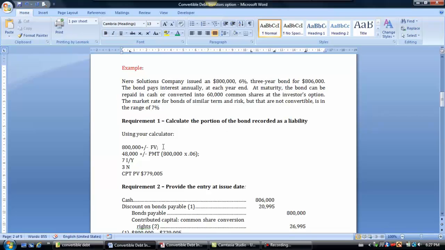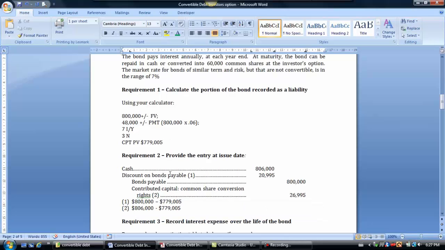So using your calculator, make sure you set your P/Y to 1, and we're going to set our future value up at 800,000, and again plus or minus to make it a negative because it's going to be an outflow. 48,000 is your cash payment every year. That's your 800,000 times your coupon or your stated rate. Your interest rate per year, again, it's a 3-year bond and interest is paid annually, so the number of interest payments is going to be 3. So when we hit compute PV, we're going to get $779,005,